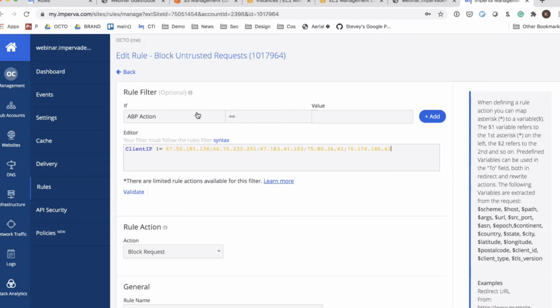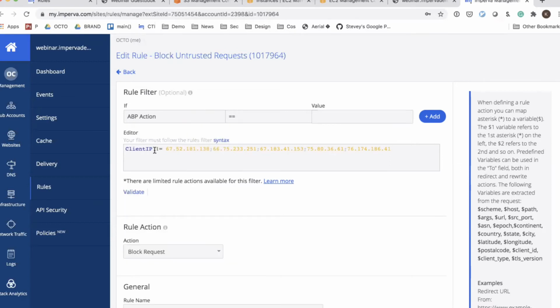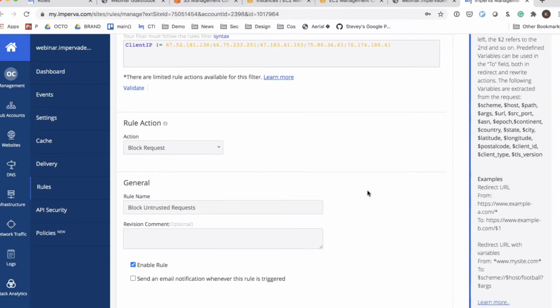Just to back up, we've got a drop down where you can pick rules. In this case, I kind of know what I'm looking for because it's a restriction around client IPs. I'm just going to take my IP address and add it to this list. And over here, there are some rule actions: what we want to do when we see a match of the predicate above. In this case, I want to go ahead and block the request.